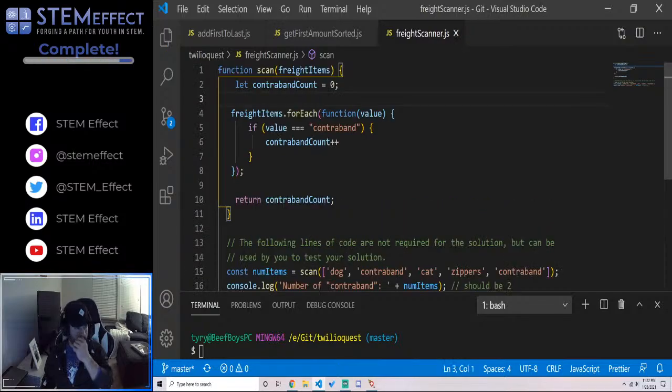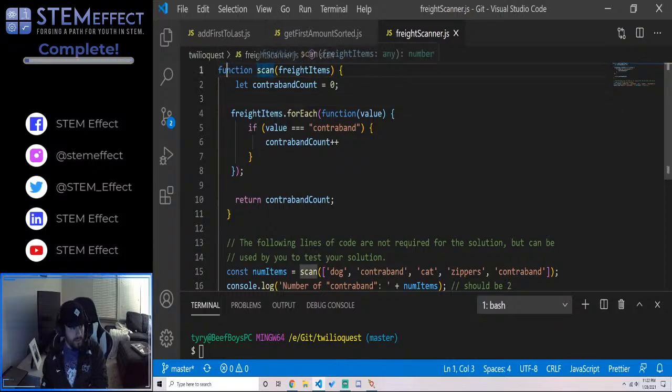So let's go over what we're doing. We have a scan function that takes in freight items, and then for each item in the freight items array, we're running a function that takes in the value of every item, and if the value is equal to the string contraband, contraband count number,